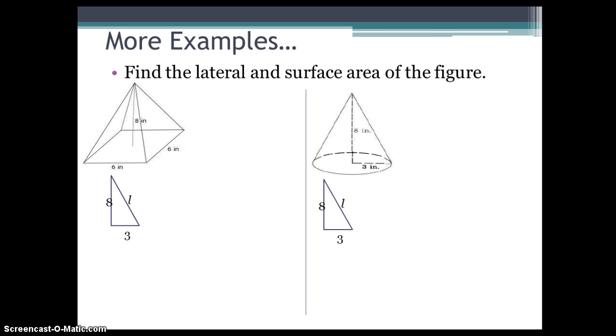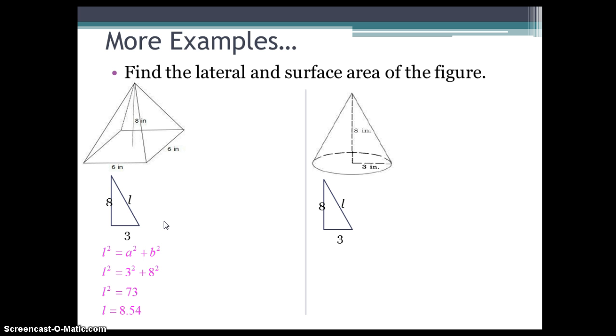A couple more examples. Find the lateral and surface area of each figure. Well, if we look at the first one, remember when we have lateral area of a pyramid, we need half the perimeter times the slant height. Well, that's a problem because we don't have the slant height. But because we know the Pythagorean theorem, we can find the slant height by creating a right triangle. As you can see here, I've taken the height of 8, 3 is half of the base, and then I'm going to find the slant height because I know height and base meet at a 90-degree angle. So doing that, I can find the slant height using the Pythagorean theorem, and I get the slant height of about